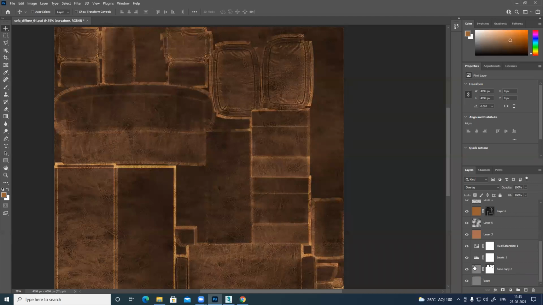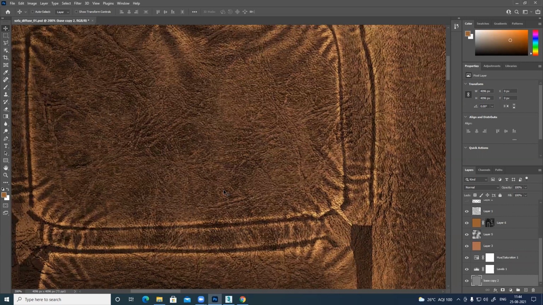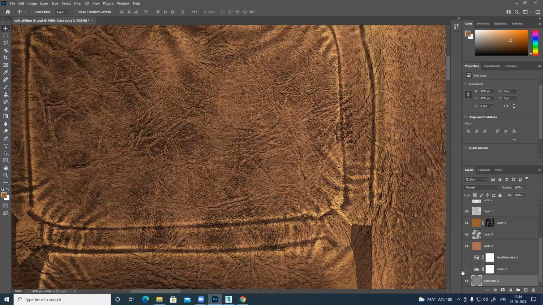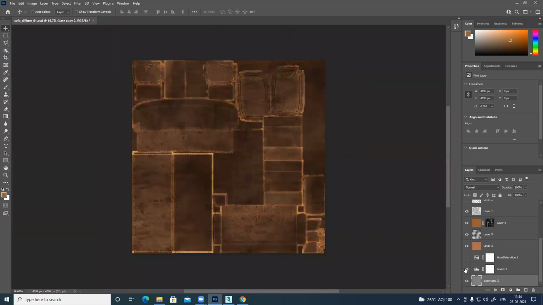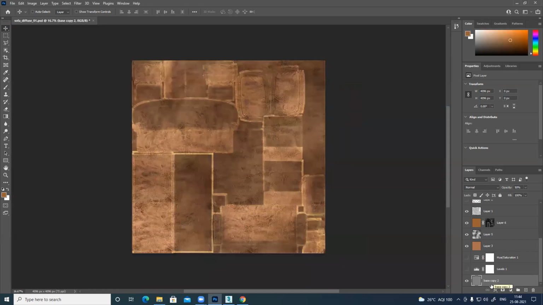So right now I have changed the direction. What I'll do, I'll select both the things and merge it. And the base texture intensity I want to reduce slightly because I feel like it's way too noisy, too much noise, too many things are going on. Okay, I have a couple of things also here. Something I can keep later. This one I need to reduce, so I can apply 50% opacity.